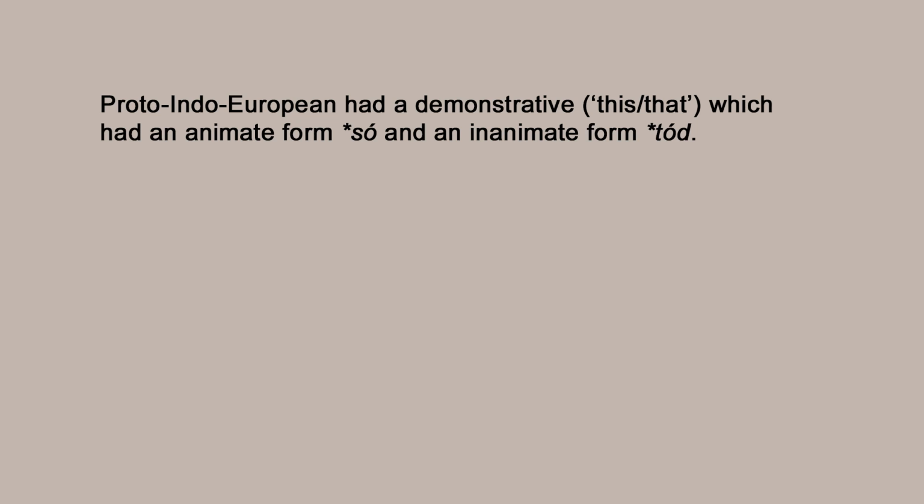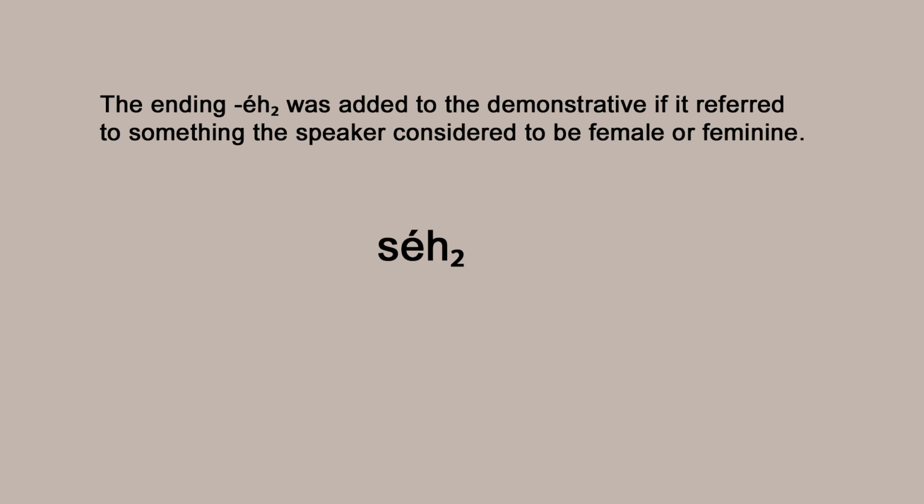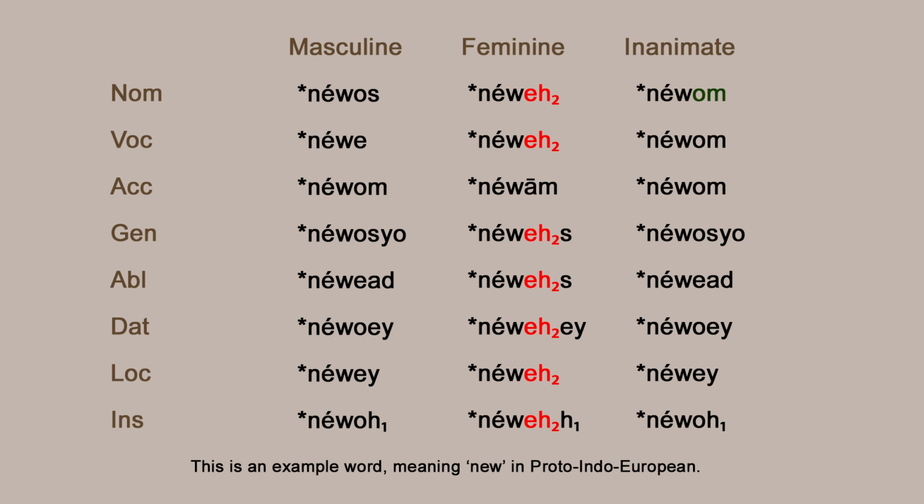I mentioned that Proto-Indo-European had a demonstrative corresponding to this or that in English that changed depending on if it was an animate or an inanimate noun. Well, with the animate form of this demonstrative, people started adding another sound to the end of it if it referred to a female referent. This got extended to adjectives which were describing things which the speakers considered to be feminine or female, so they